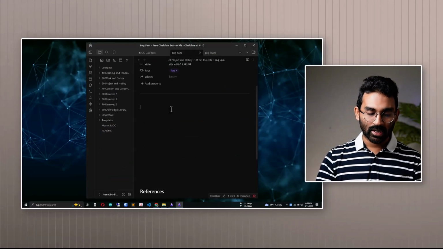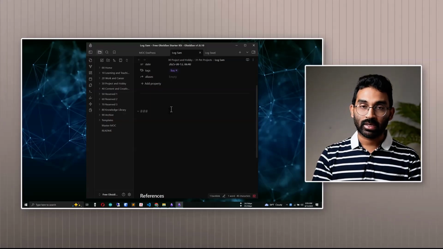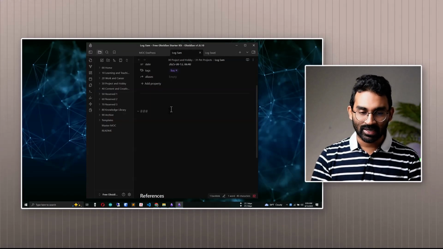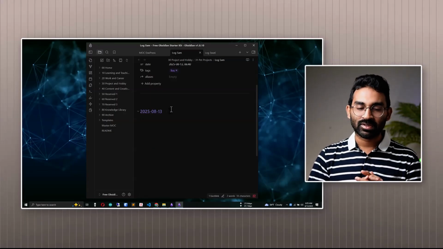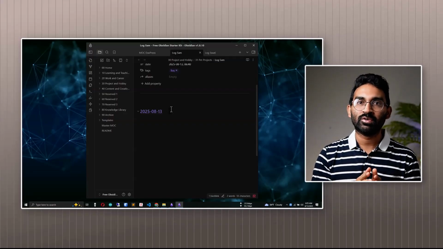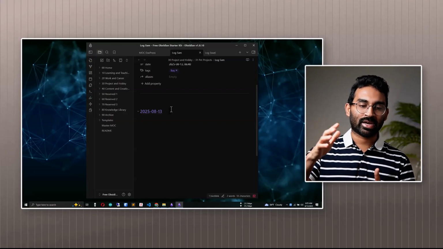Okay, and then I start with a header that is H3. Now I'll show you the magic. Start with "@" and "today". You see? So this is actually so fast and useful during a meeting, because during a meeting I have to keep track